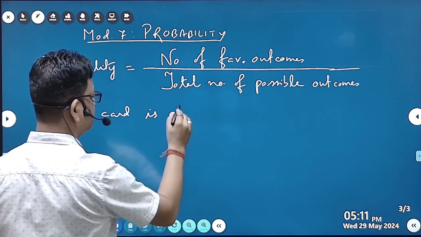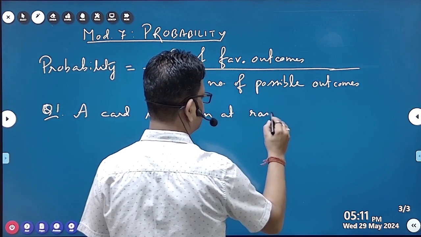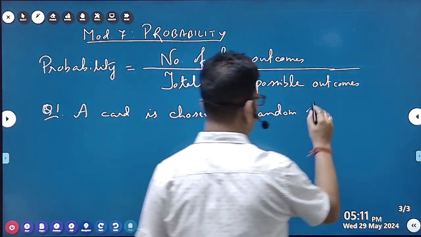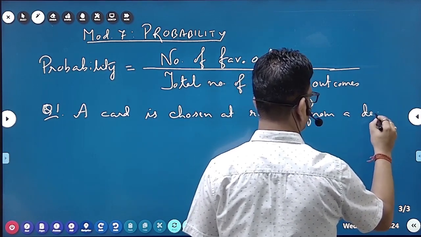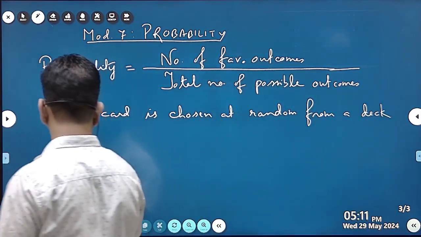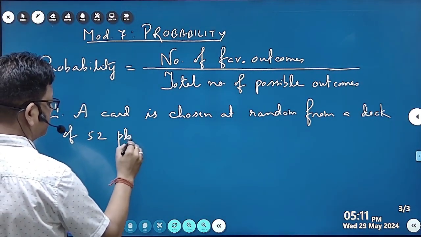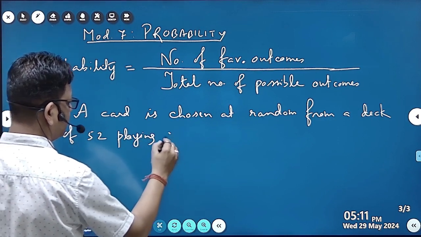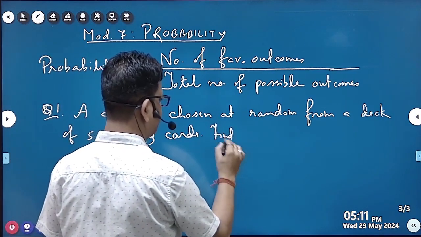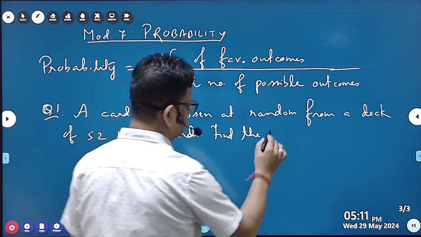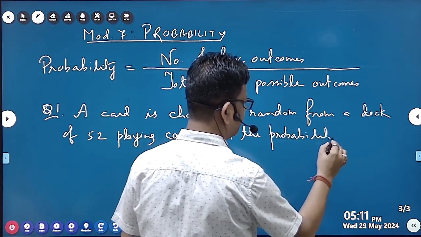A card is chosen at random from a deck of 52 playing cards. Now the question is, find the probability that